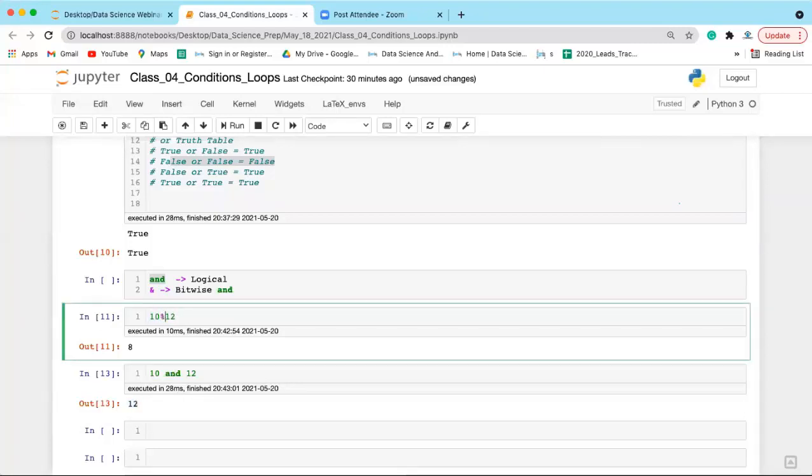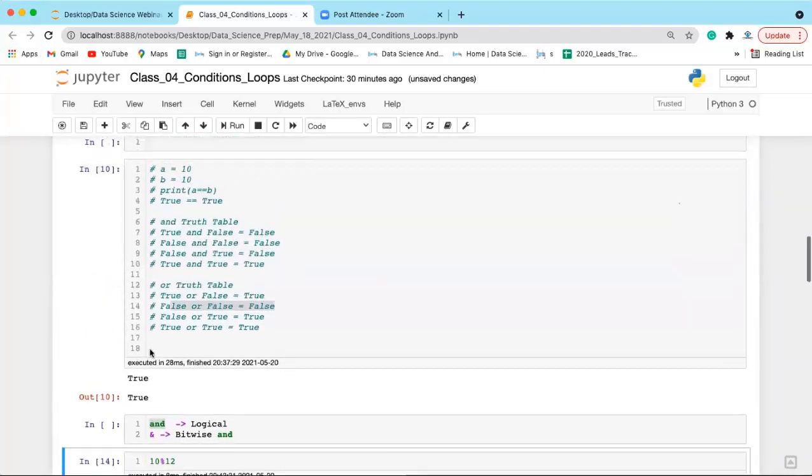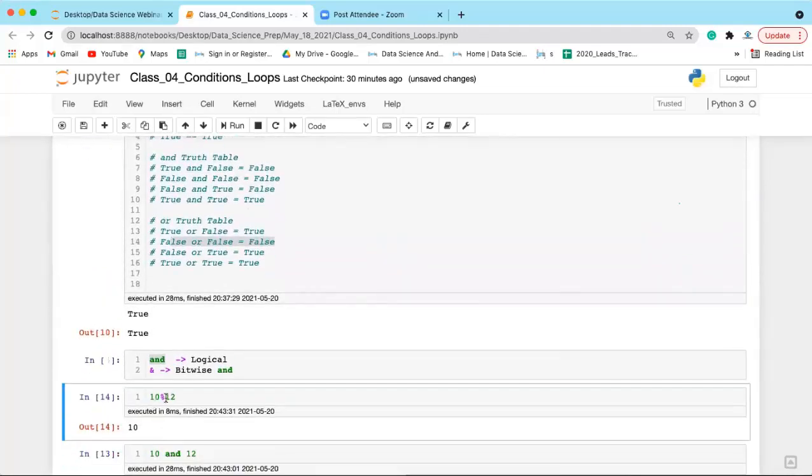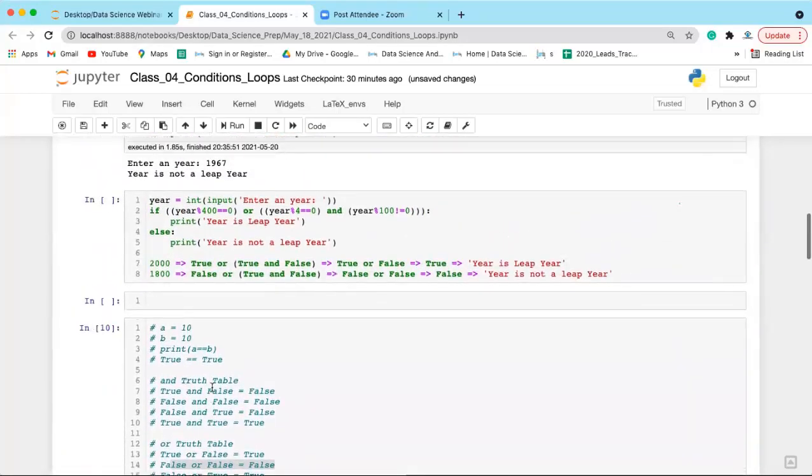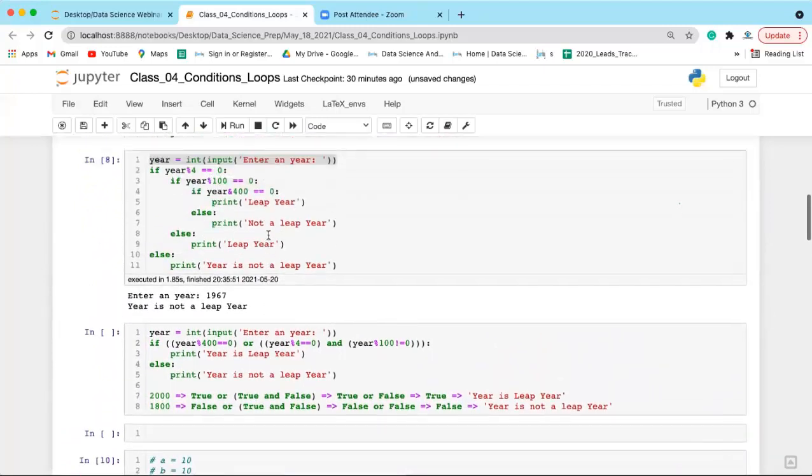Okay, 10 % 12 will never give you 8. 10 % 12 will be giving you the remainder as 10. Okay, because when you divide 10 by 12, you will get the remainder as 10. Okay, and apart from 0, everything is true in Python. Okay, in fact in any programming language. So if you are getting 10, it is true. So every time when you use this kind of operator instead, the logic that you are writing should be correct. Yes, Krishna, tell me where you want me to check.